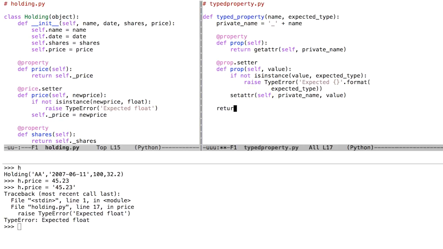And then what I'm going to do is return prop back. This is kind of the mind-blowing part. I've got a function typed property. It is making a fragment of a class just right there and returning it back. Why would I do that? Well, the reason that I would do that is that this typed property now becomes something that I can reuse